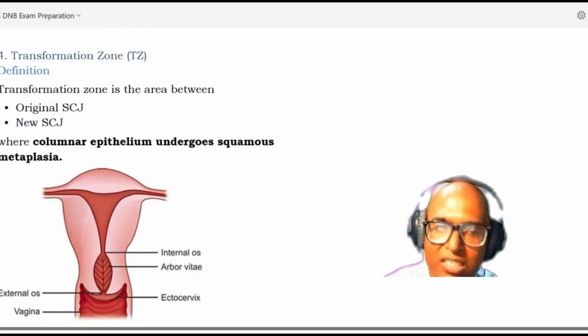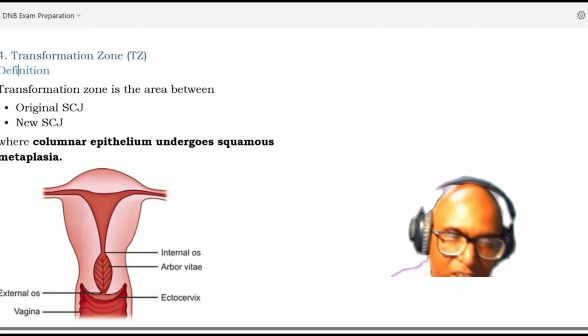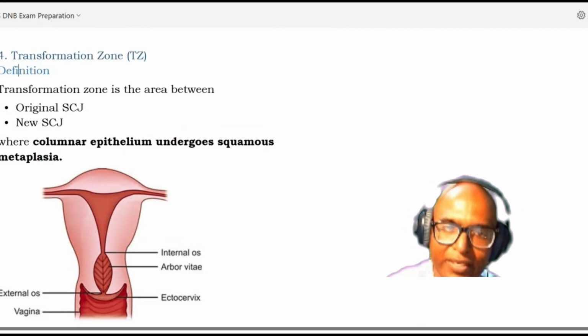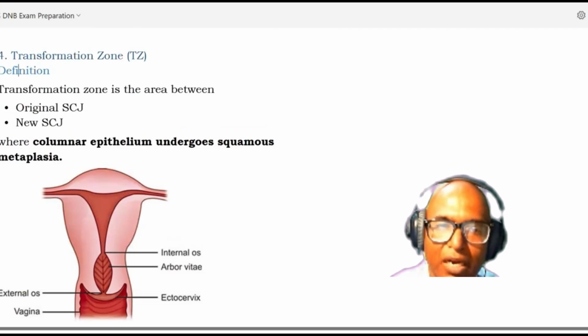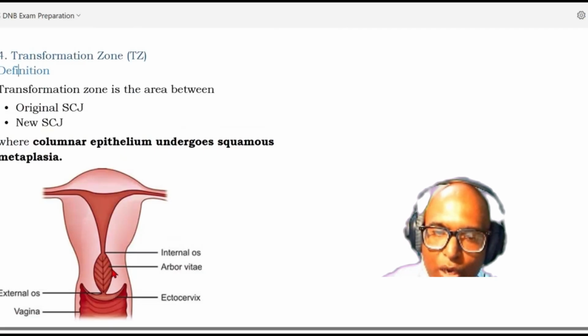Okay, so the transition zone is the area between the original squamocolumnar junction and the new squamocolumnar junction, where the columnar epithelium undergoes squamous metaplasia. We know well that this is the cervix. This is the endocervix and this is the ectocervix. The endocervix is lined by the columnar epithelium, while the ectocervix is lined by the squamous type of